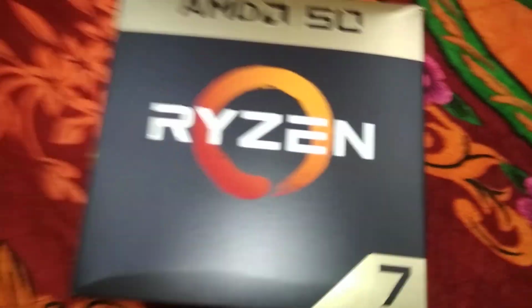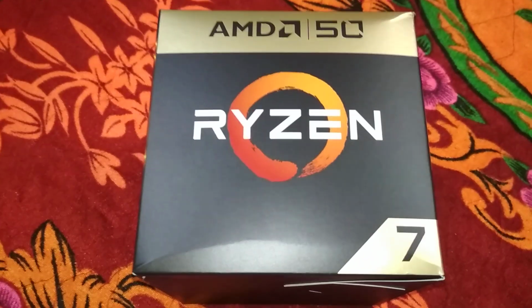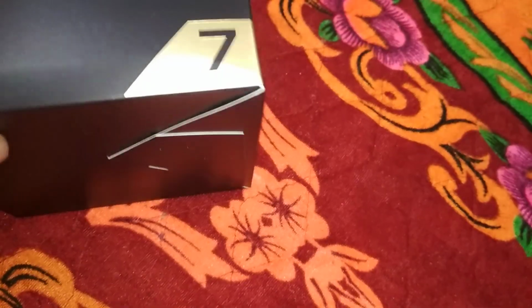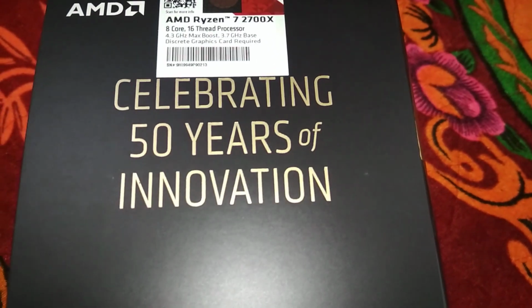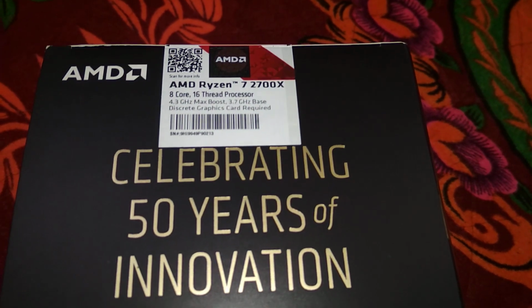Okay. Wow. Guys, what is this? AMD 50 Ryzen 7. How? I mean, how? Wow. AMD Ryzen 7